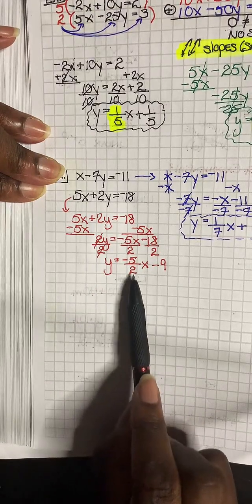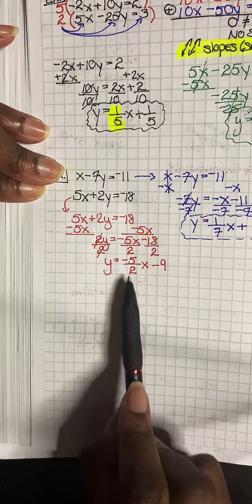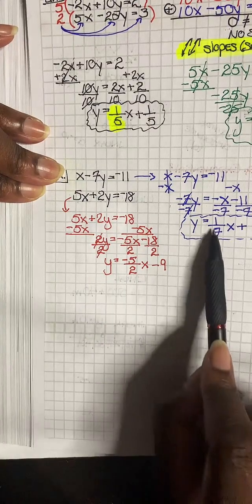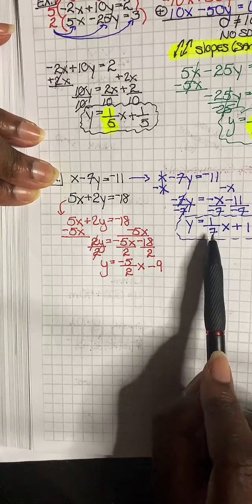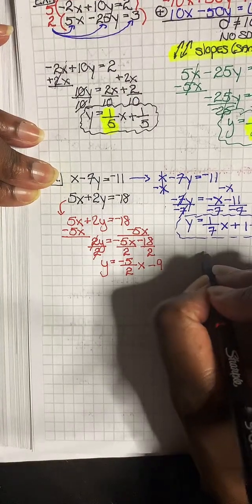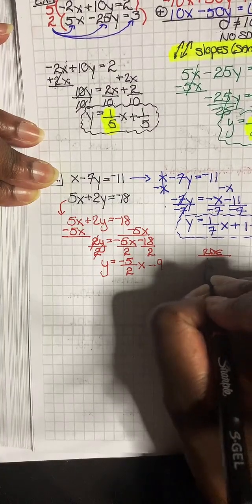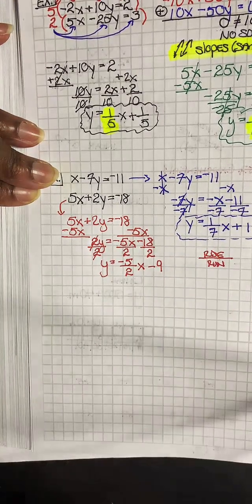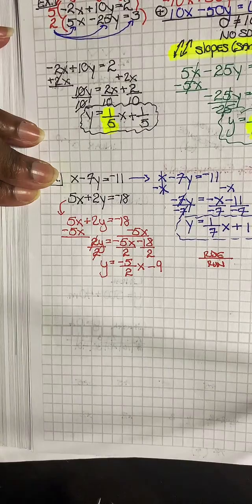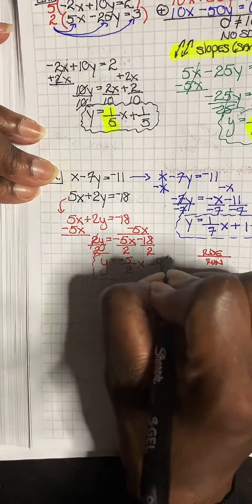You want this to be a fraction. The coefficient of your x, you want to be a fraction because that's your slope. Same here. That 1/7 x, we want to keep it as a fraction because that's your slope. And remember, slope is your rise over your run. It's easier for you to move. Right? So now that we have our two equations,